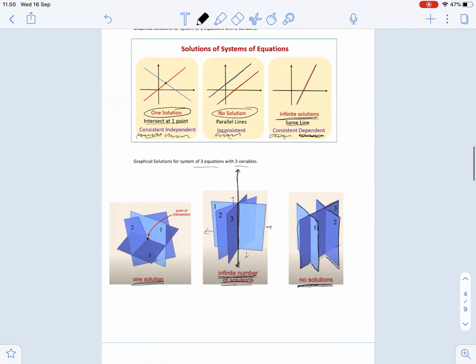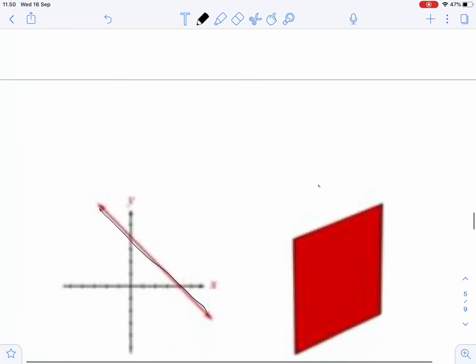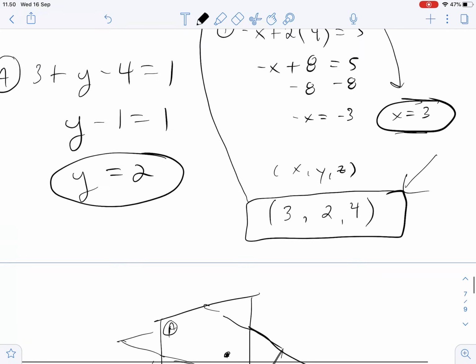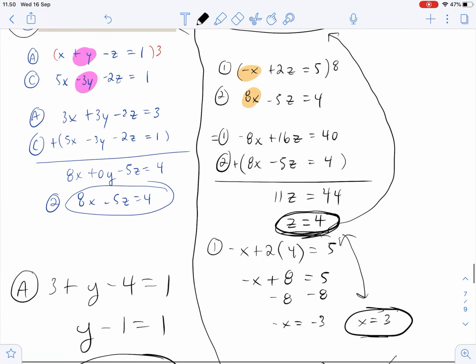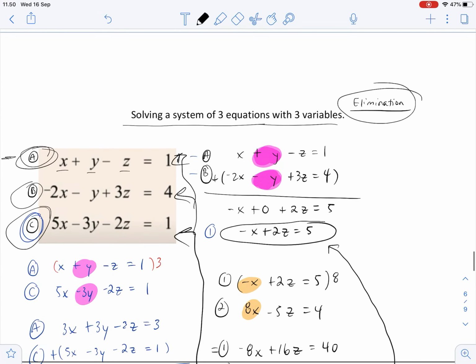I can't do it. Here's a picture. I don't know why I just didn't do this. Looks like this. I can't draw that at all. But that's what our solution looks like graphically. It's just a point where all three planes meet. So we solved it by